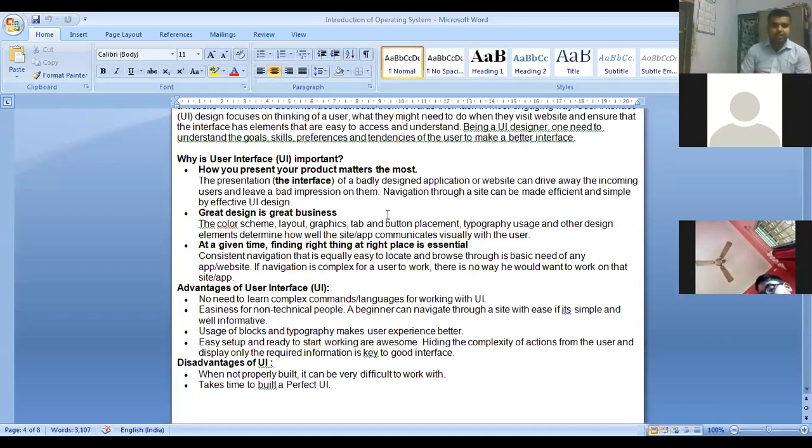Next, another advantage of the graphical user interface over the command user interface is that it is graphically very interactive. People feel like looking at so many pictures and icons.